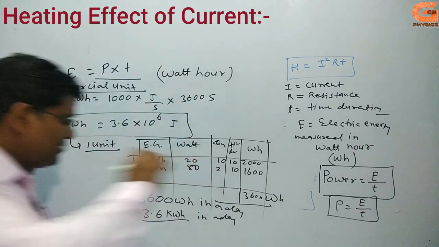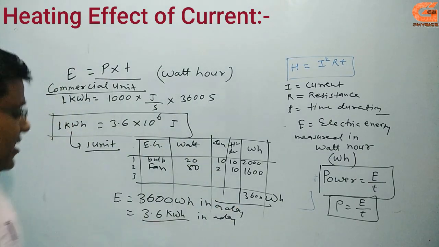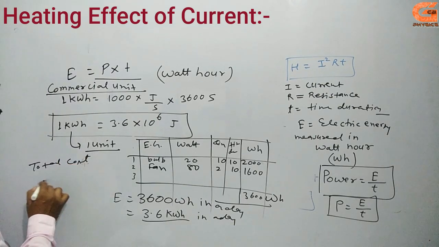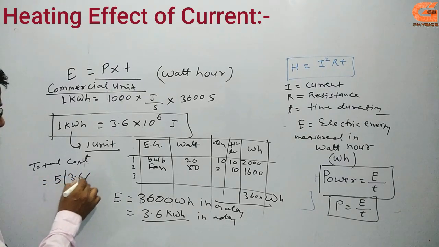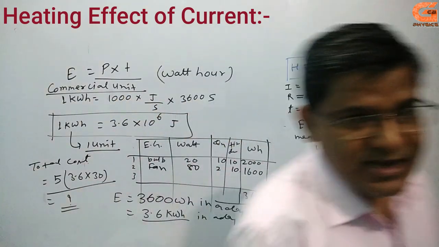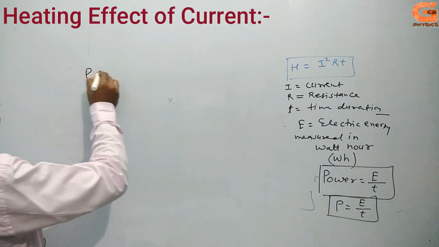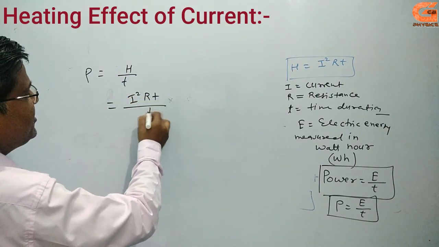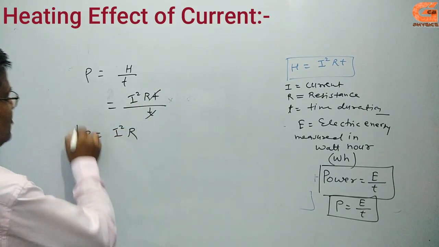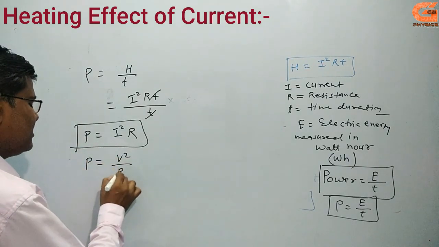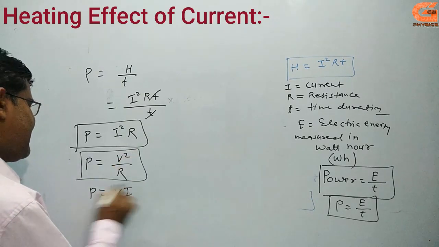Then in a month you multiply this by 30, and you can find the total cost. You multiply with 5 rupees or 6 rupees per unit, so 5 into 3.6 into 30 is your total cost of consuming electric energy. You can also use the formula power is H by T, then H equal to I square R into T by T, T cancels, so power becomes P equal to I square R. And you can convert these all into V square by R also, and P equal to VI as discussed in previous